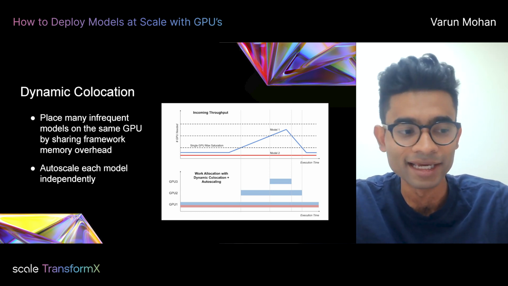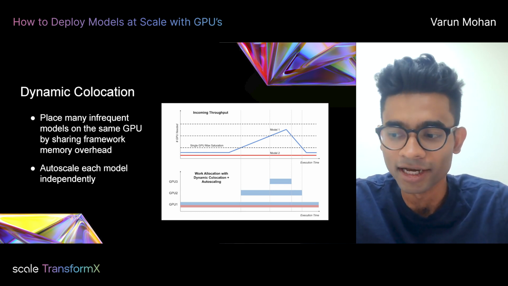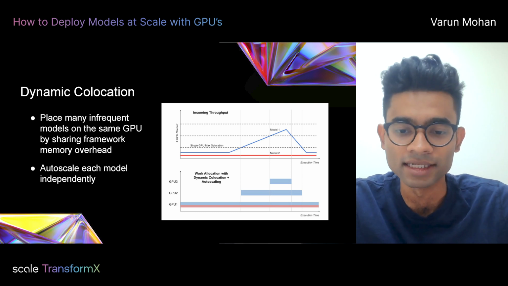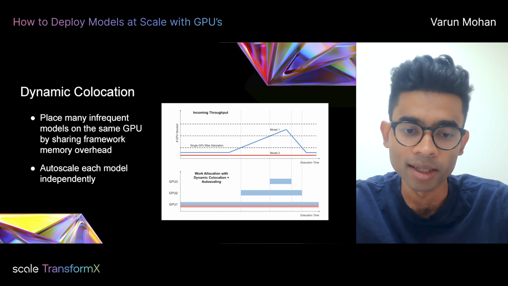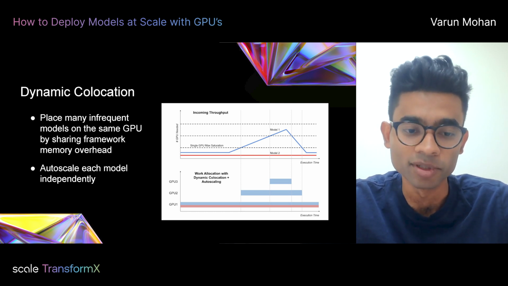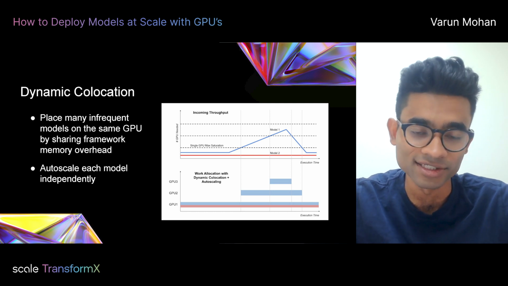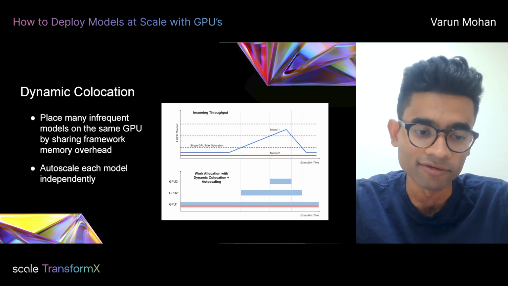That solution actually ends up working quite efficiently. If you think about PCIe bandwidth being greater than 16 gigabytes a second, and a BERT model being a couple hundred megabytes, you should be able to swap these models in tens of milliseconds, which is pretty cool actually. But it does require some amount of engineering effort.